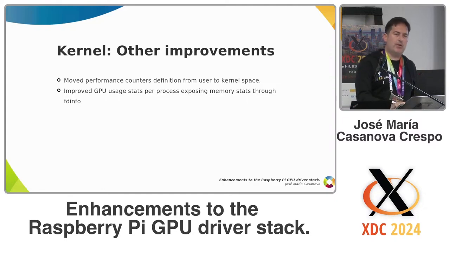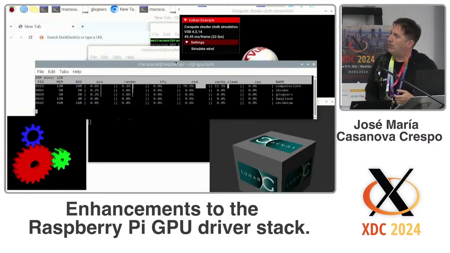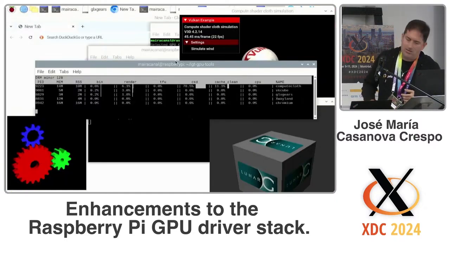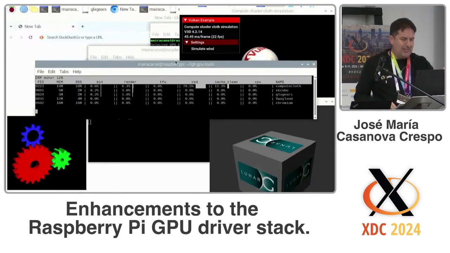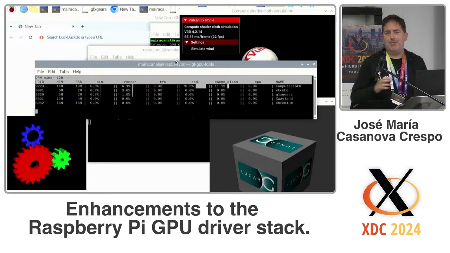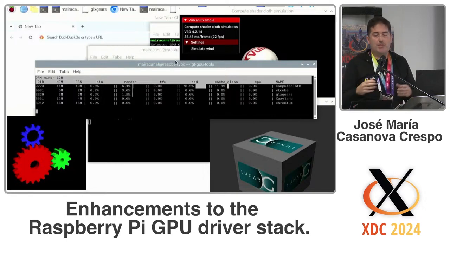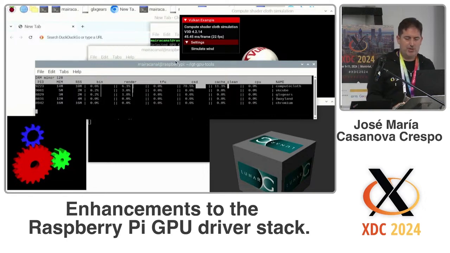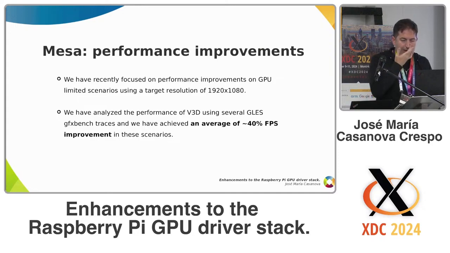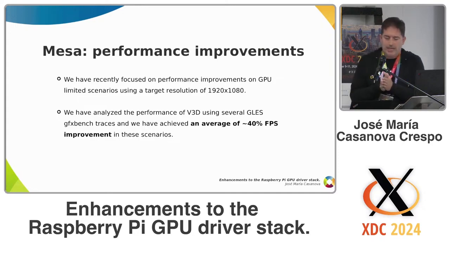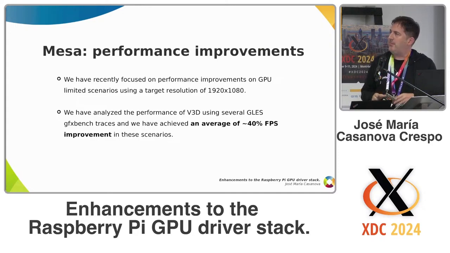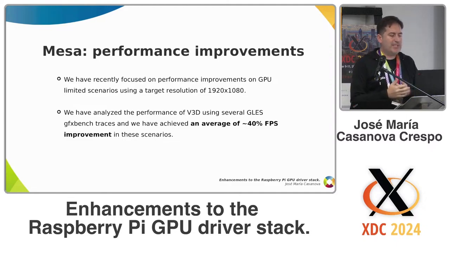And now we have enabled the memory usage, so in the first column we show the number of megabytes that each of the different applications is using, because sometimes people didn't know which application was running out of GPU memory. And well, now I'm moving to the user space part, where we have been doing some performance improvements focused